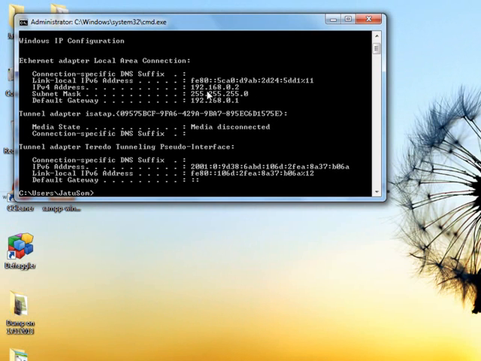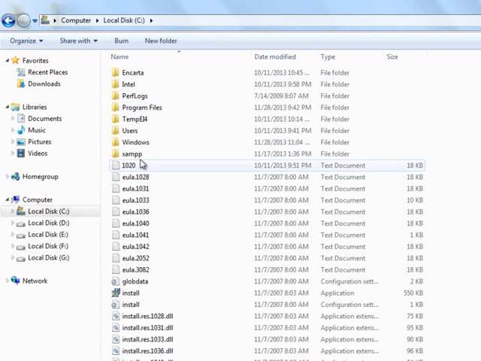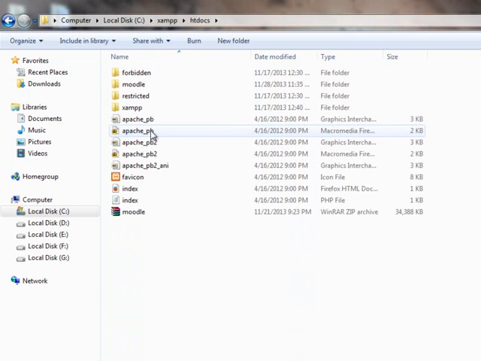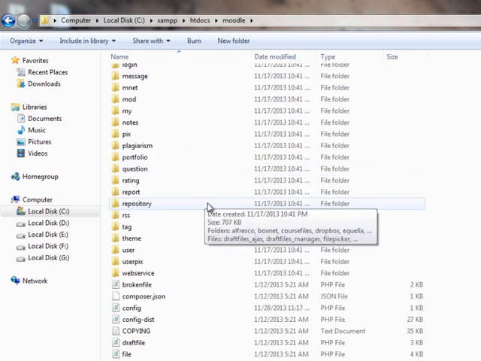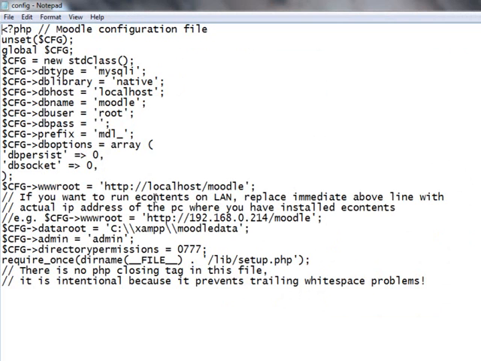because this address is to be written to the configuration file so that your eContents repository is accessible from other machines in the network. So close it and open the configuration file again, which we put under C drive, then XAMPP folder, then htdocs folder, then Moodle folder, and open the config.php file. Now locate the line cfg www root equals to